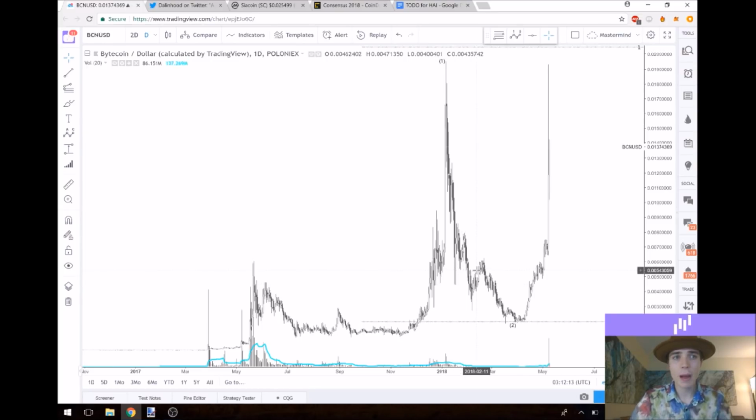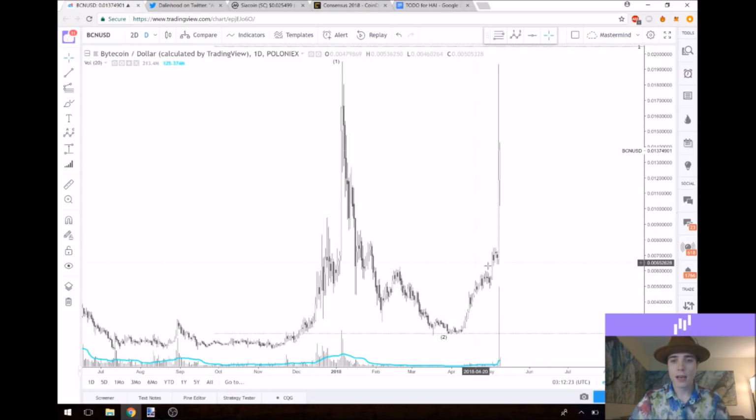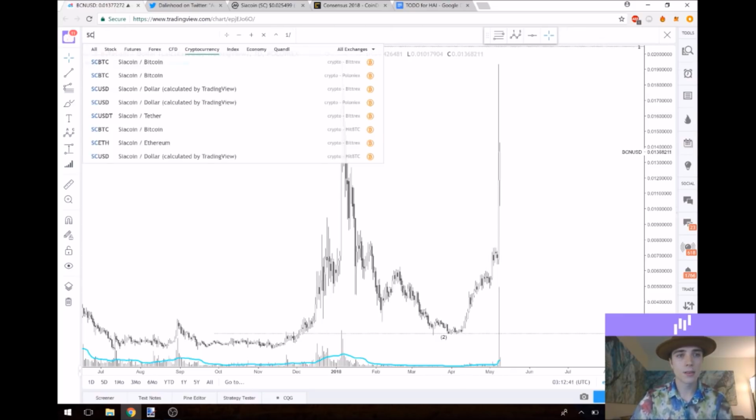So I believe Bitcoin is ahead of Siacoin, but it's doing the same exact chart. So if you want to know what Siacoin is going to do in the future, you can kind of use this as an example. Bitcoin is mooning very, very hard in comparison. I don't know if Siacoin will quite take off this quickly, but the coins that are ahead in the market generally take off the most. So it makes sense that this being the leader would pump harder because more money is in it. So let's go back to the Siacoin chart